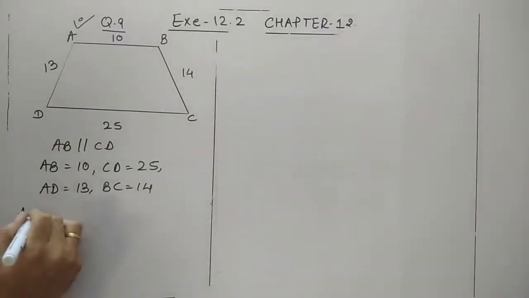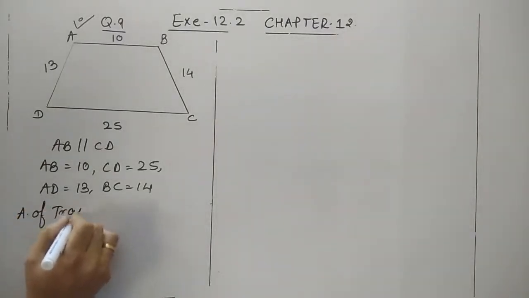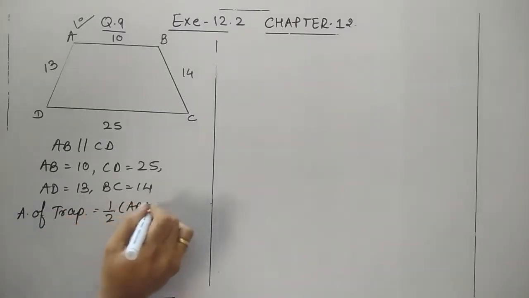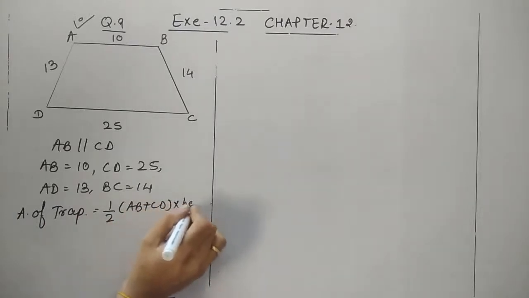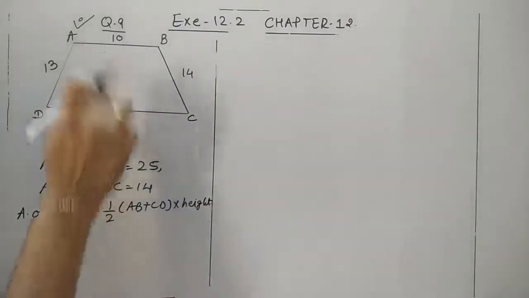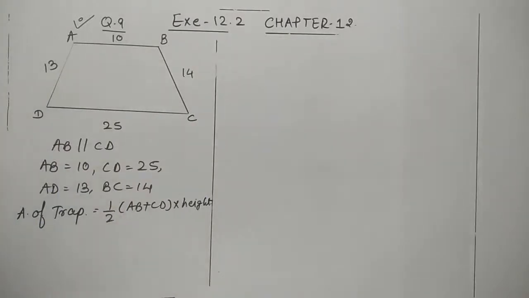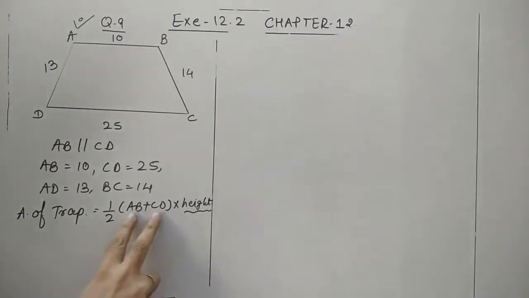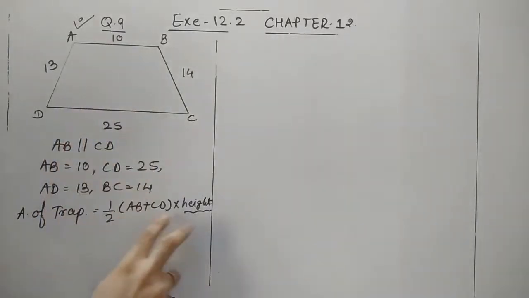So let's first write down what the area of a trapezium is. As we have already discussed earlier, it is half into the sum of its parallel sides into the height, or the distance between the two parallel sides. The whole sum is to find out the height. The rest of the two values we have, the lengths of the parallel sides. We do not have the distance between the two parallel sides, that is the height. So let's see how we can find out the height. This can be done in a slightly different way. It's a very important question.